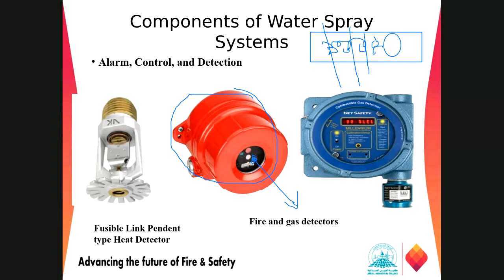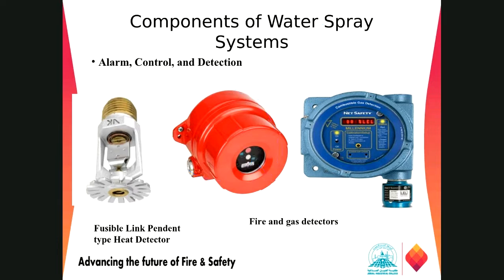But if the level of the gases goes more than that, even when there is no fire, the gas detector will detect the percentage of the gas in those areas. Now the water spray system will activate. It will force the gas and flammable atmosphere to go out from these flammable areas. It will discharge the water and disperse all the gases outside those areas by the application of the water spray.